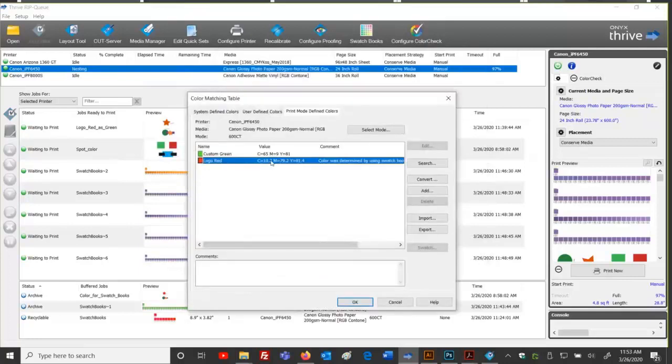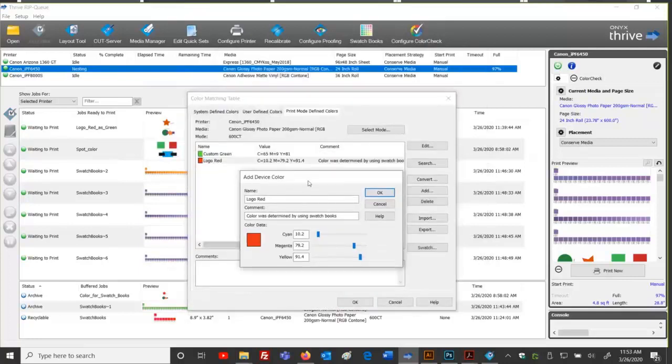When I add these color libraries in here, and it could be a Pantone color, like we talked about, when I add these recipes in here, the recipe is for the RIP. We do not go back into Illustrator and say, make this logo red 10.2, 79.2, 91.4. We don't do that.